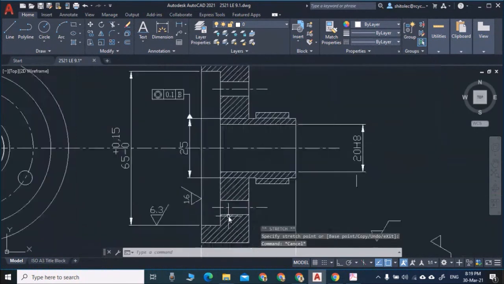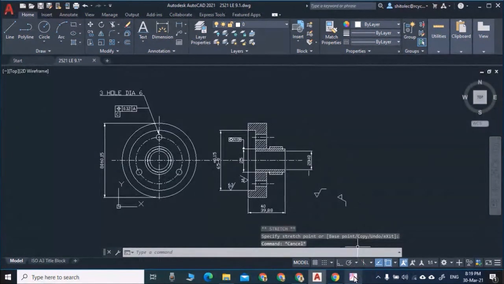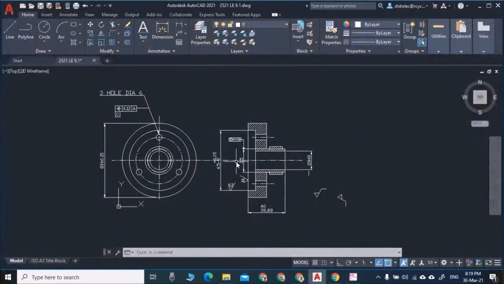Okay, so this is about the surface finish symbol. Whatever I explained, there are 3 types, and I explained 3. So all dimensions you need to draw, and with all dimensions, not even a single one missing, you need to upload this file within the time mentioned on the blackboard. So we'll save this file and upload this.